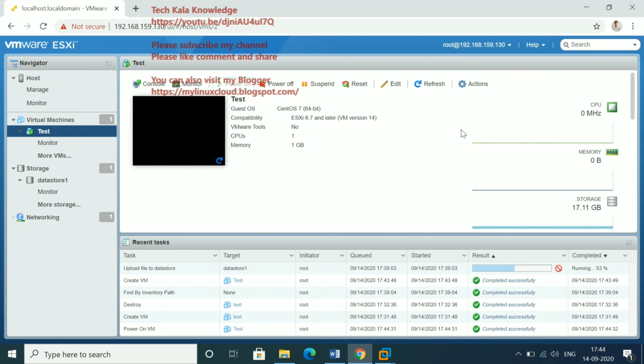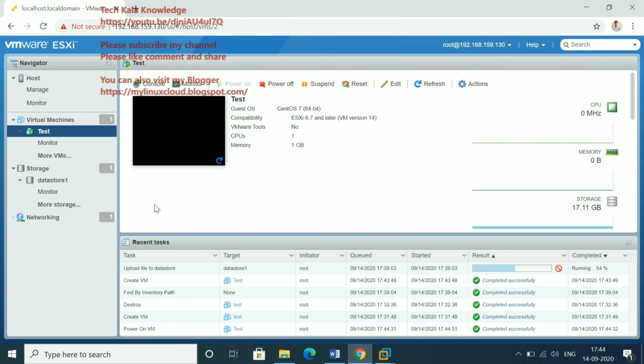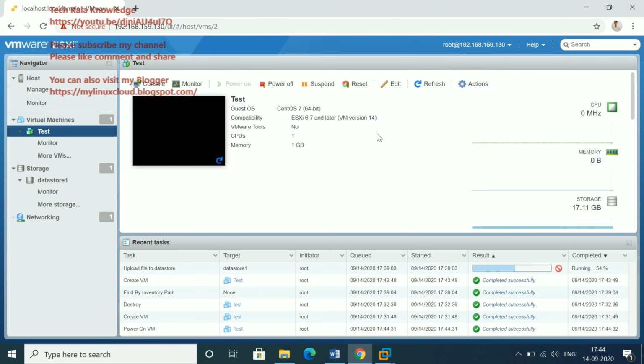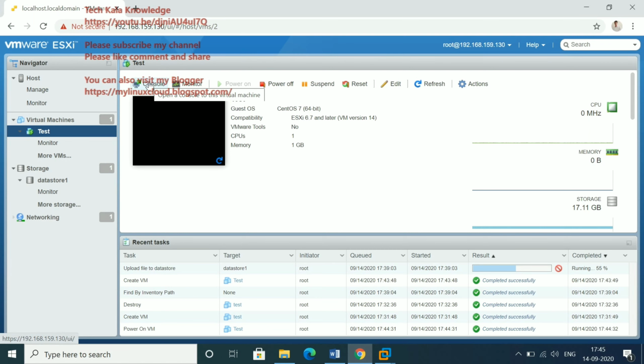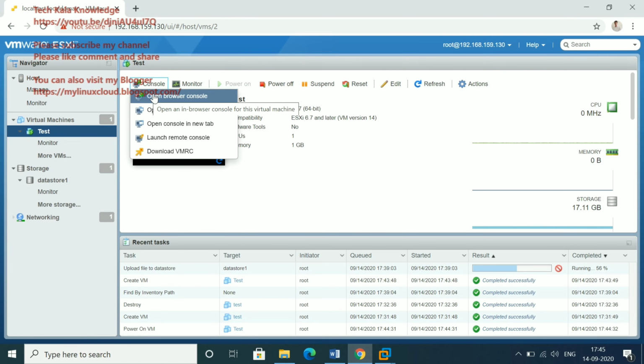I will show you that also, how to open the console in a web URL. Yeah, so you can see here is a console option. So open the browser console, click on this one.